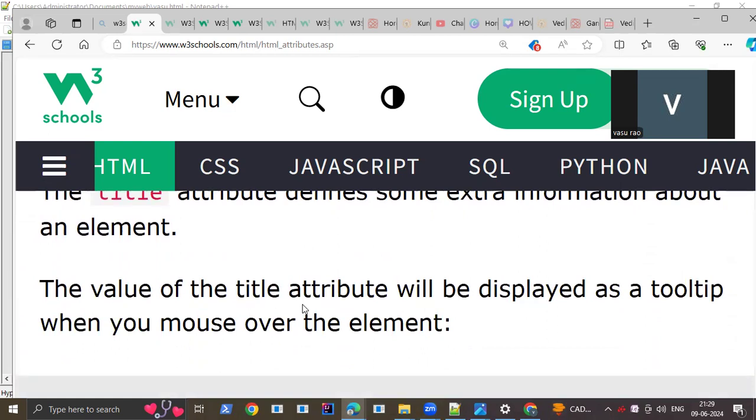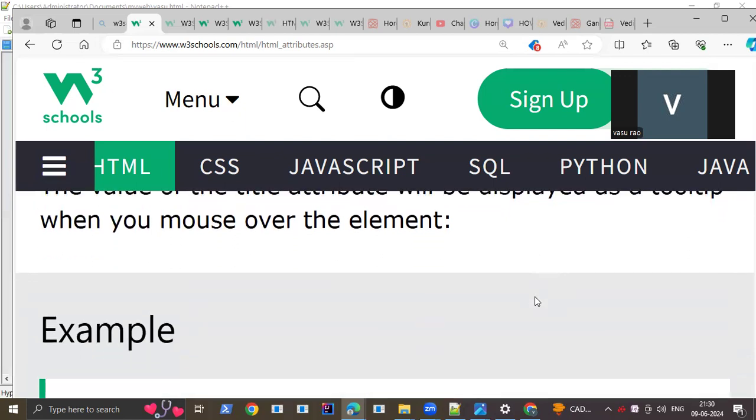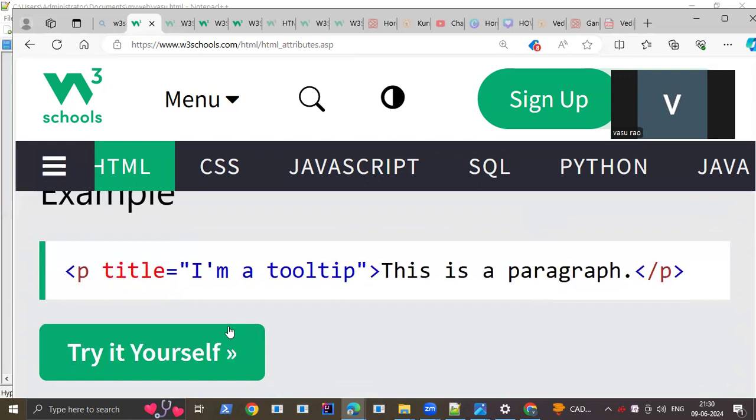The value of the title attribute will be displayed as a tooltip when you mouse over the element. When you keep the mouse over an element, the value of the title attribute will be displayed as a tooltip. See, like p title equals "I am a tooltip". P is a paragraph. So whatever value is assigned to the title attribute will be displayed whenever you keep your mouse over